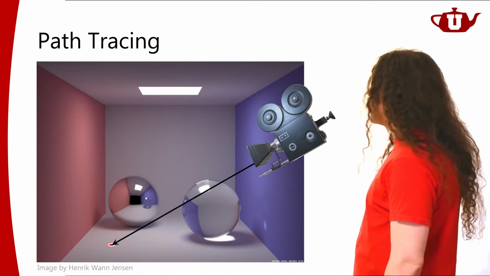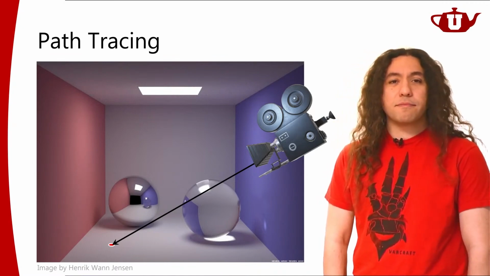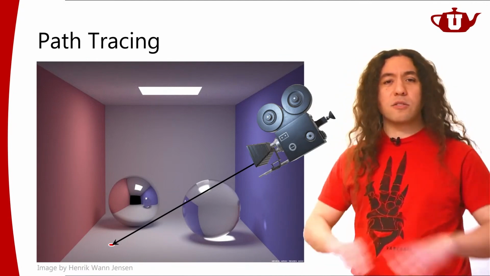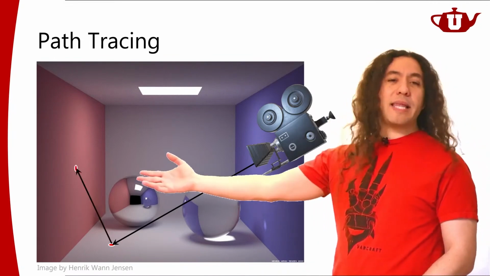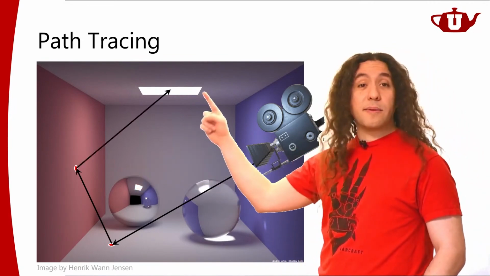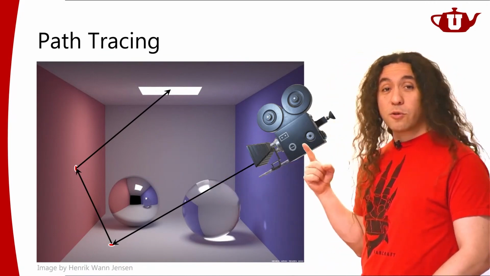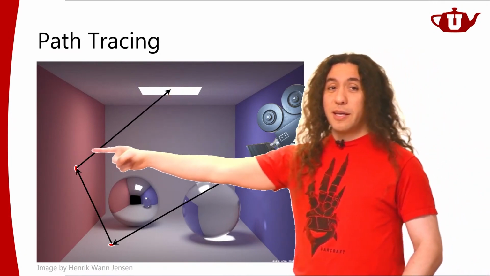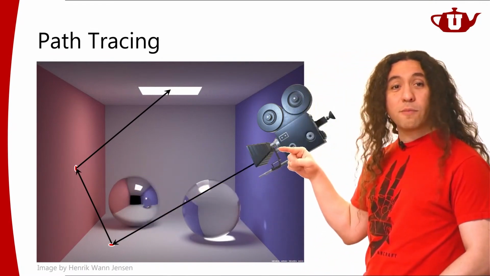So I'm not going to look at all of the directions. I'm going to randomly pick one and one only. Randomly pick one direction out of infinitely many directions over the hemisphere. I picked this one, and that gave me that surface. At that surface, I have some direct light coming in. So this forms a different light path towards the camera: light originating from the light source, hitting this surface, and then this surface, and then coming to the camera. So it formed a different light path.